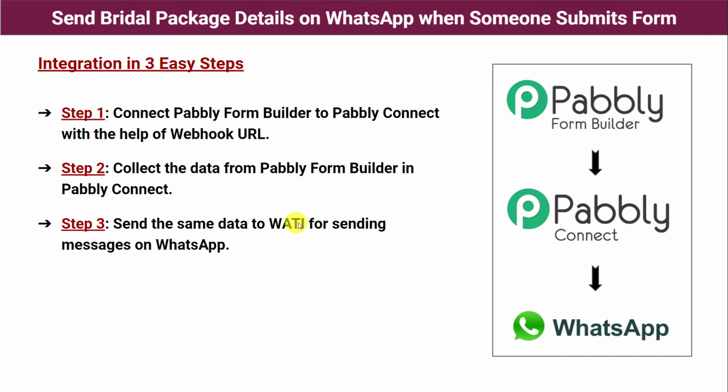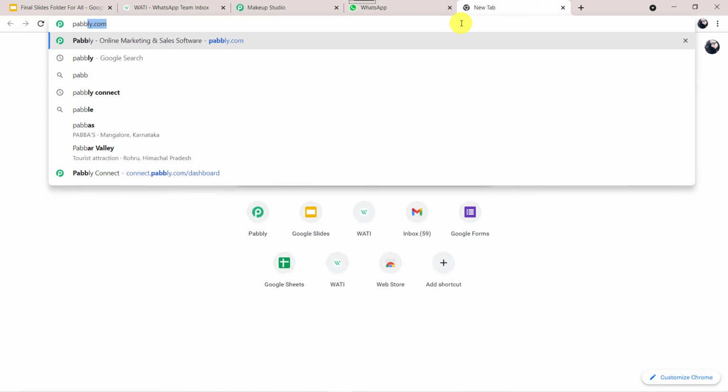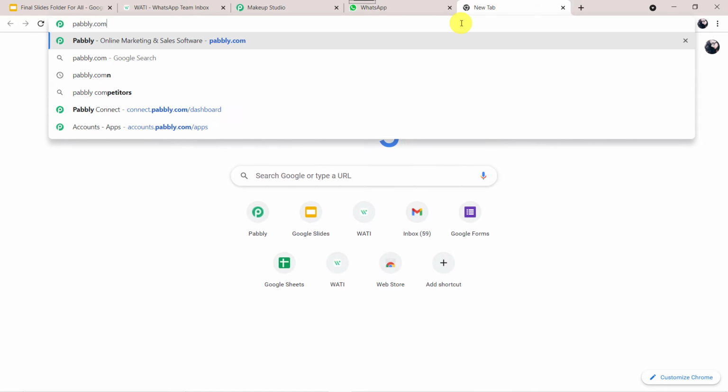Vati is an official API service of WhatsApp by which we can send the messages on WhatsApp very easily. So at step 3, whatever data Pabbly Connect has captured from Pabbly Form Builder, the same data would be sent to Vati and to WhatsApp for sending the messages. Now let us learn the process. For this, let us type pabbly.com in our browser.